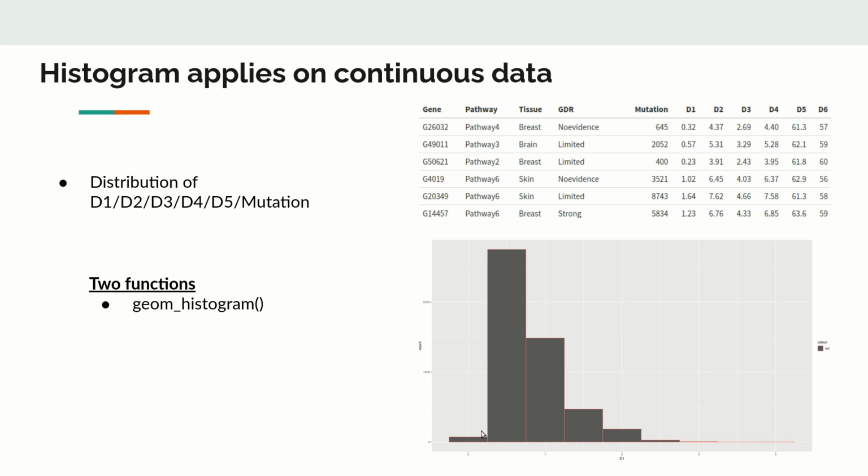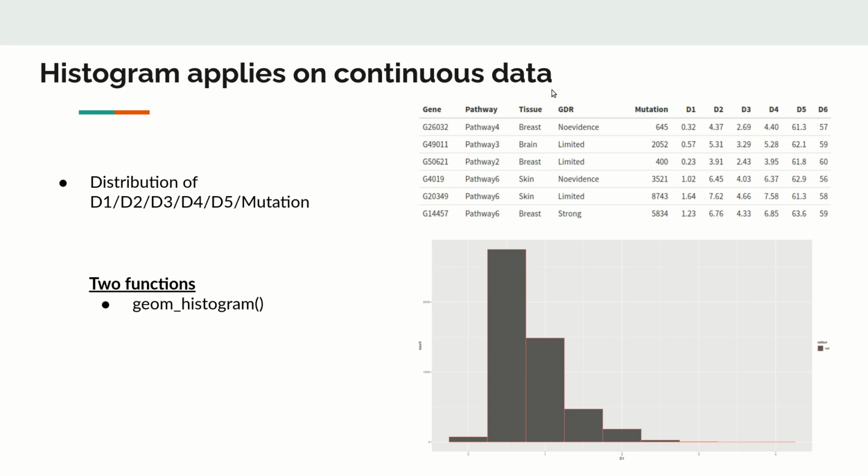Now you can see that the frequency of observing values in this bin is less, and similarly the probability of observing this value is also less, while the probability of observing this value is high. So you can see there is a pattern, and the distribution looks like this. The histogram tells you how the count varies within each bin.